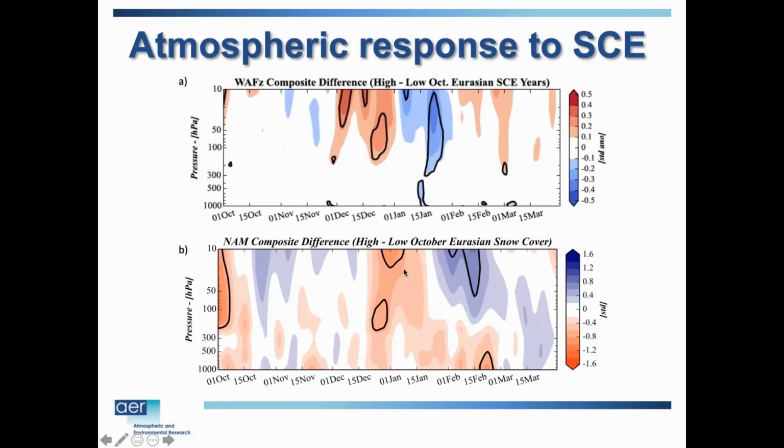Arctic pattern propagate down to the surface, and you get increased polar cap heights, which projects onto the high pressure over the Arctic, which projects onto the Arctic Oscillation. And actually, this is not polar cap, excuse me, this is the Arctic Oscillation Index. But you get this negative AO first in the stratosphere, which propagates down and peaks actually in February. This is a delayed response.